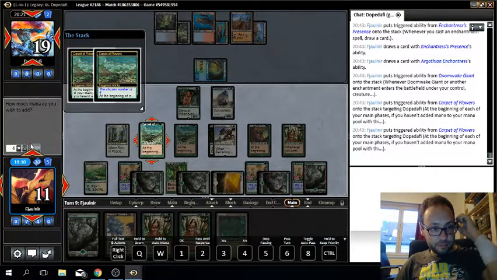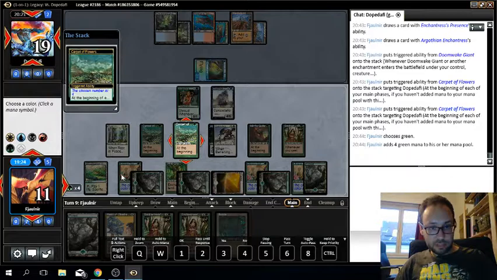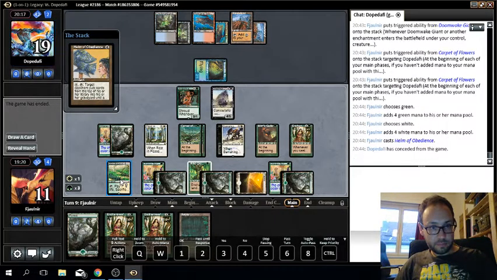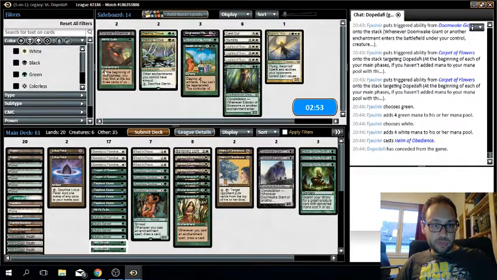Yes, for green. Yes, for, I don't know, white something. Okay, relatively easy win. On the draw, I want the extra petal,